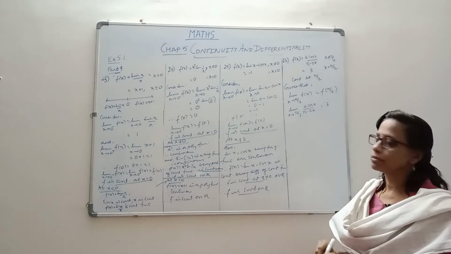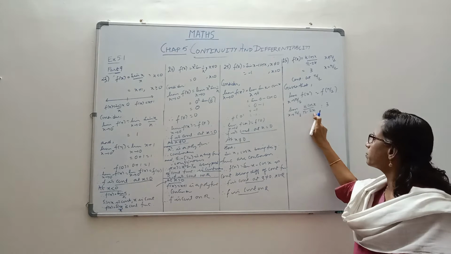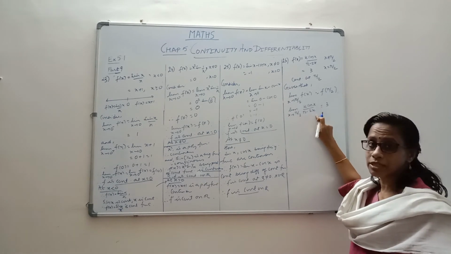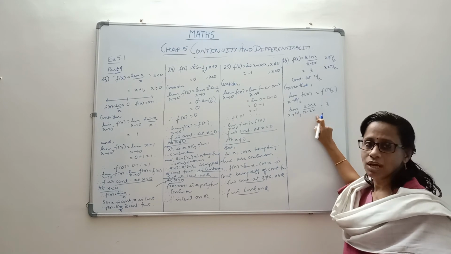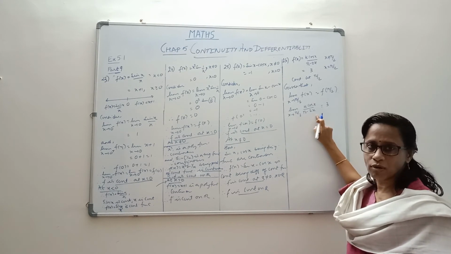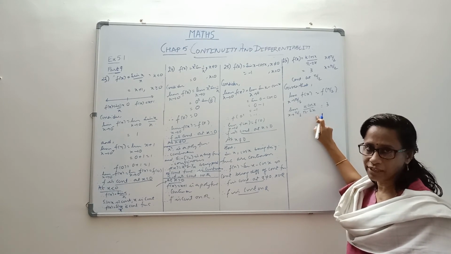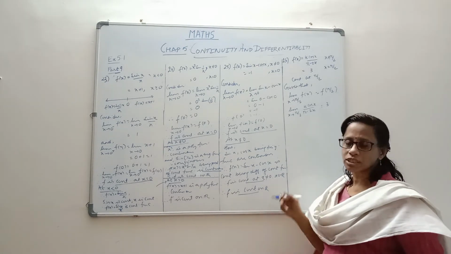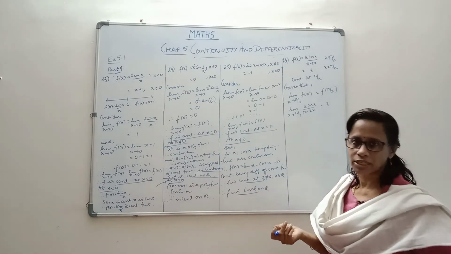But there's a small problem here. When we substitute x as pi by 2, the 2 cancels, pi minus pi is 0. The denominator becomes 0. Once the denominator becomes 0, we are not able to solve and get the value of k. So we will see if something else can be done. And in most of these trigonometric cases, generally some other substitution does help.